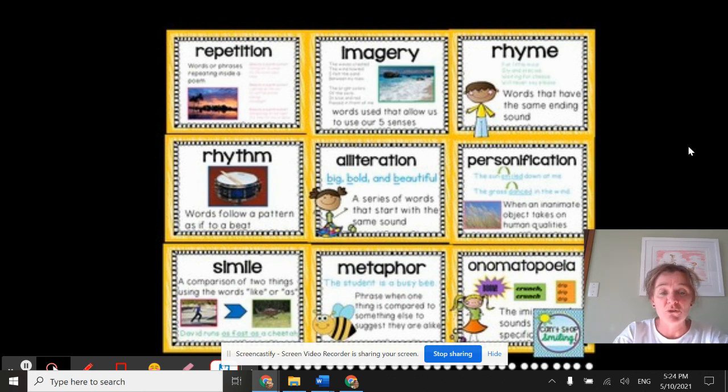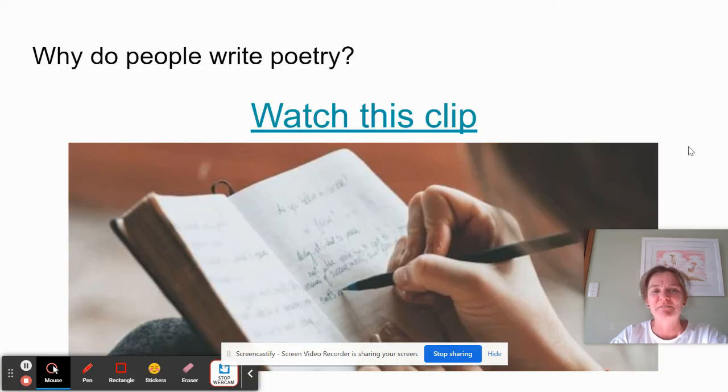A simile means two things that are similar, like each other, but a metaphor says that it is something. He was as big as a house is a simile. A metaphor was he was a house. And onomatopoeia are sound words. Pop, zing, boom. There's some of the painting or the tools that poets use to write their poems. They try and use these things to balance them.